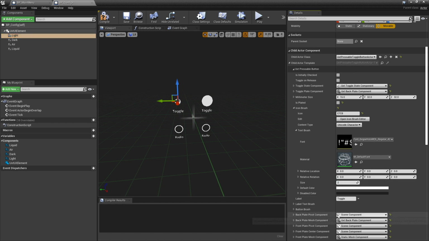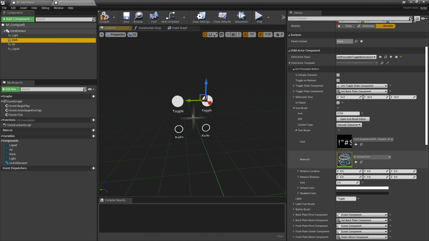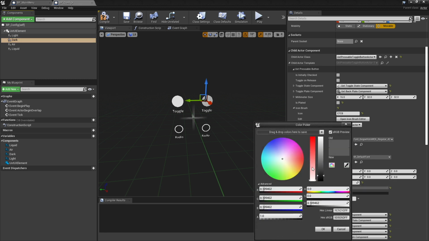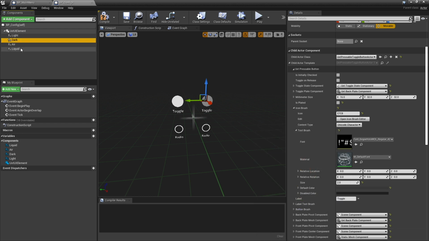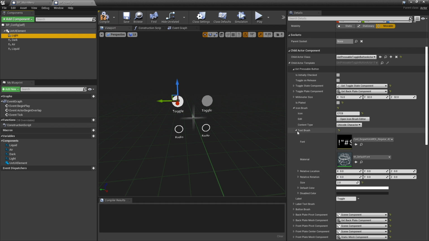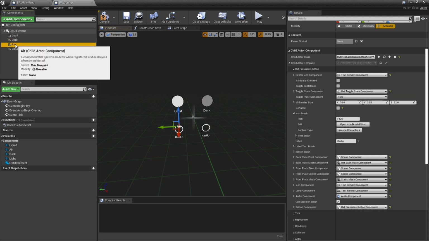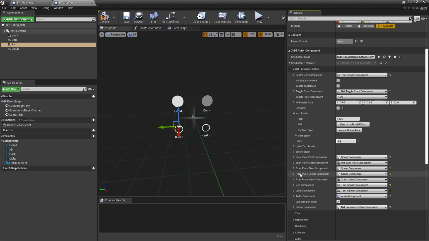Scale them up. And then for the dark, let's make the color a little bit darker. So let's try maybe a little darker than that. Like that. Okay. And then, last but not least, let's give them a good label: light, dark, and air, and liquid.